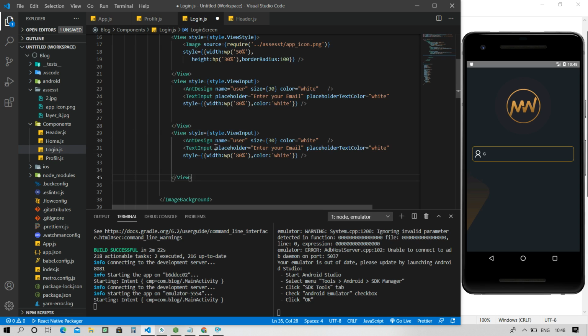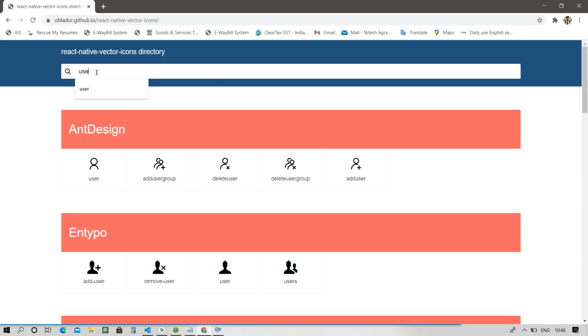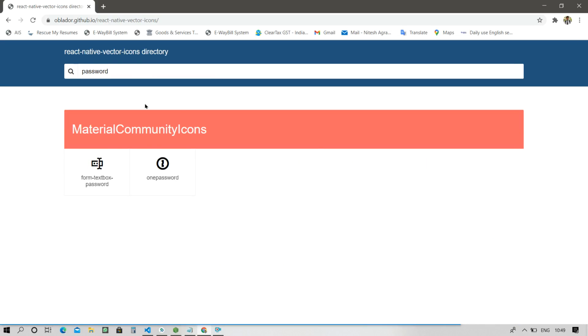Okay, so now I am creating a password field. So you have to give a password, and you have to go here and get the key icon. Okay, so let's go to our screen and search for password. Nothing appears here. Password. You can see that it is a password icon from material community icon.